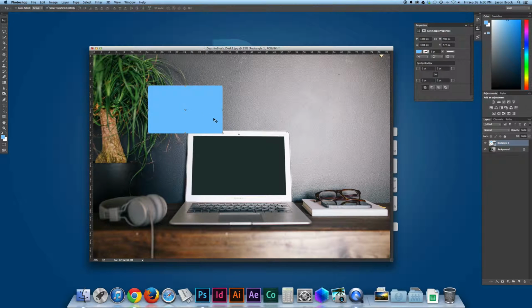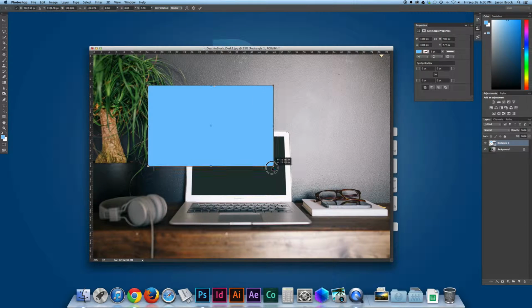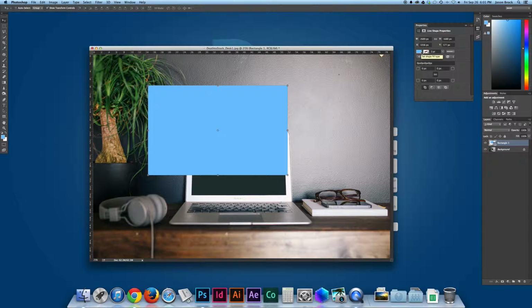So once we have that, you can make it whatever size you want. It doesn't really matter. The most important thing here is the proportion. So I'm holding Shift while I drag this guy around, so it's whatever I want. I'm going to place the file so that it's just a nice square. I just want a little side note, color doesn't matter. I like to use something that's unrealistic so that I can see where I'm at in my progress. Entirely up to you. It could be red, it could be white, black, gray, whatever you like.